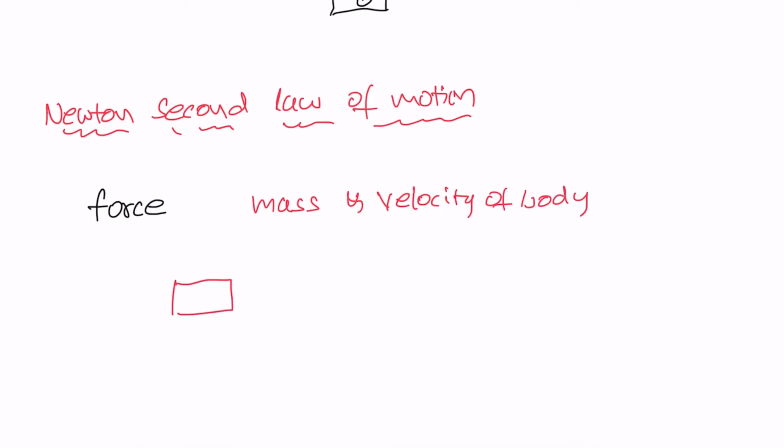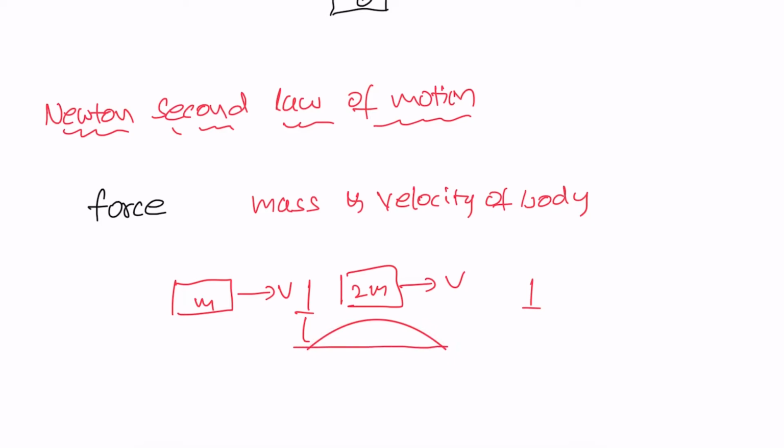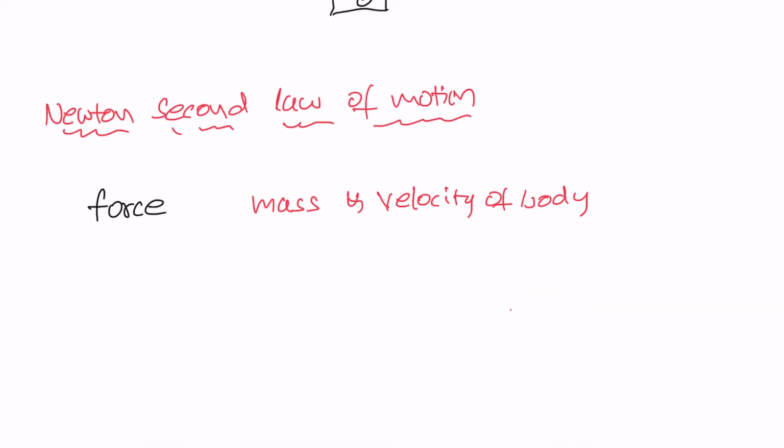Two bodies are moving whose masses are m and 2m. Both have the same velocities, v and v. Suppose they hit a person, what is happening? In one case, the person is jumped from this point to this point, say some distance d. In the other case, the person is jumped from this point to this, that is 2d. So mass is doubled, so the force acting on the body is also doubled. It depends also upon velocity.